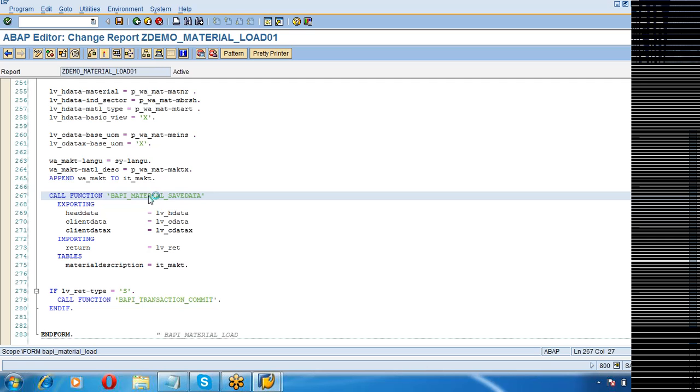Another challenge is when we are trying to push the data that is coming in a file into the SAP system. When you pick up a BAPI to post the data, the key thing to remember is to make sure that all the fields that are coming in the file get mapped onto the BAPI. That is very important. Say I have a BAPI which will take only 90% of the fields that are coming from the file. What will you do with the remaining 10%?